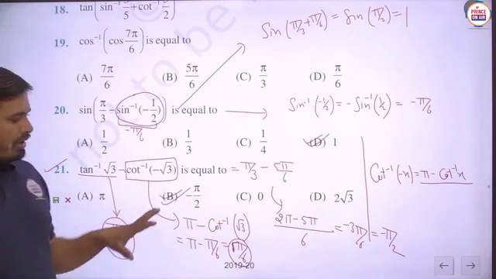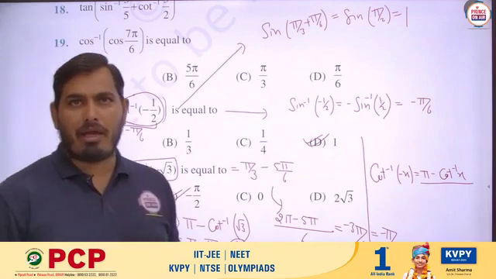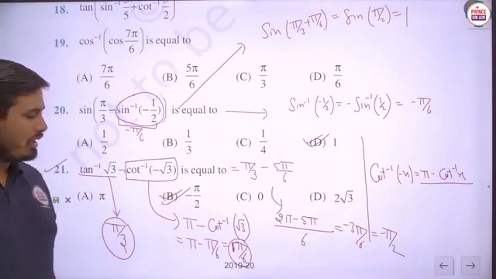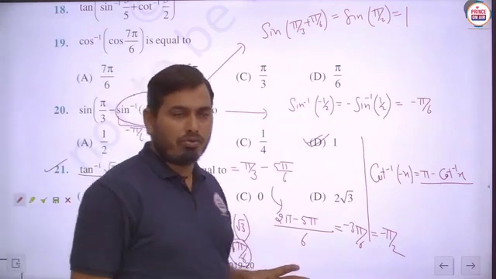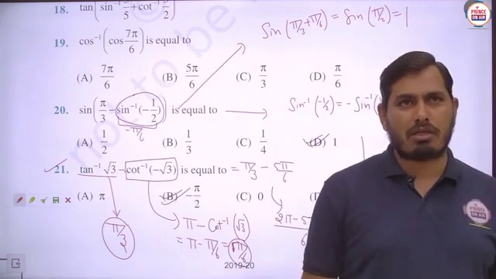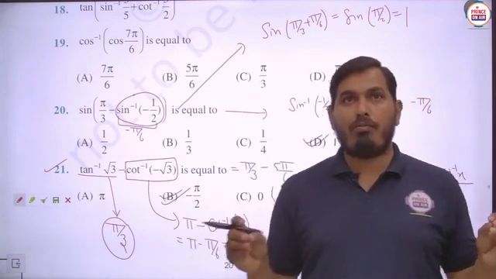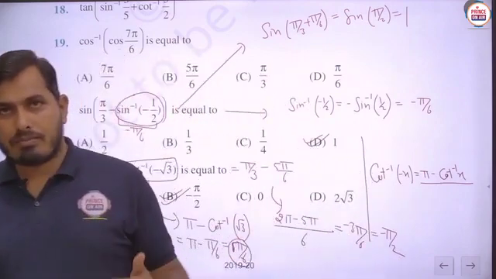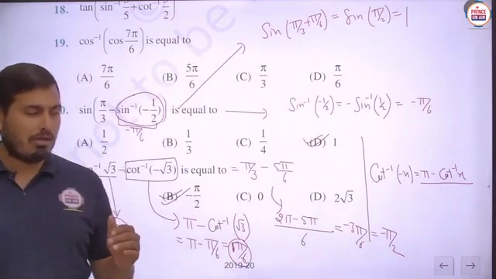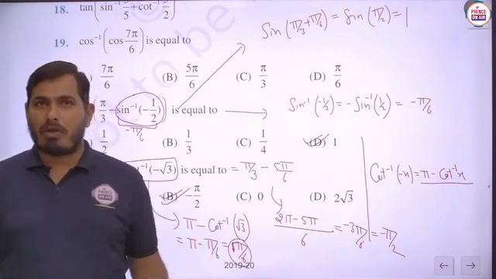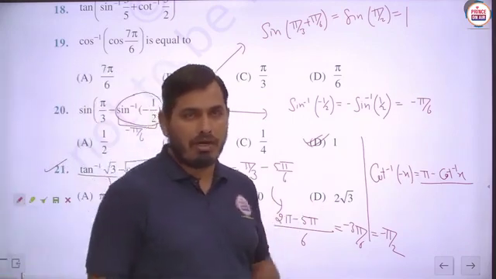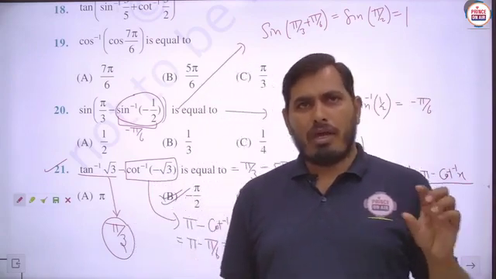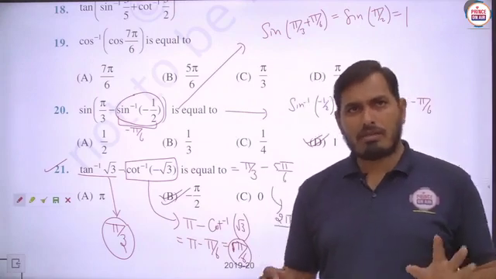But student, each and everything we have to keep in mind, and as per the given process we have to use the things. Easily you will get the answers. Is it clear? So in this exercise 2.2, student, various questions we have discussed. Each and every question is very important for us, because we are using so many properties, and from the calculation point of view, this chapter has some calculation. Sometimes we have to take the LCM, plus, minus, multiply, divide. Students generally make mistakes in these things. So we have to keep in mind the properties as well as the calculation part.